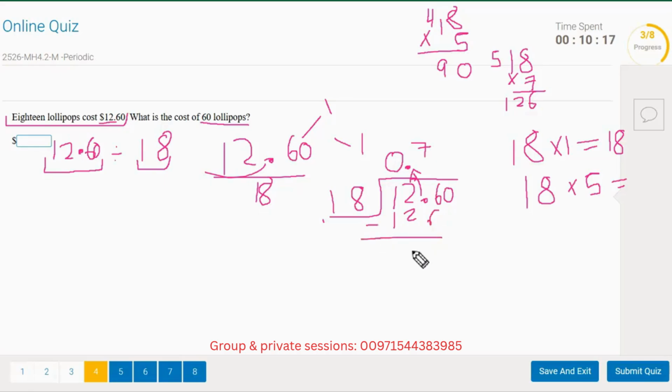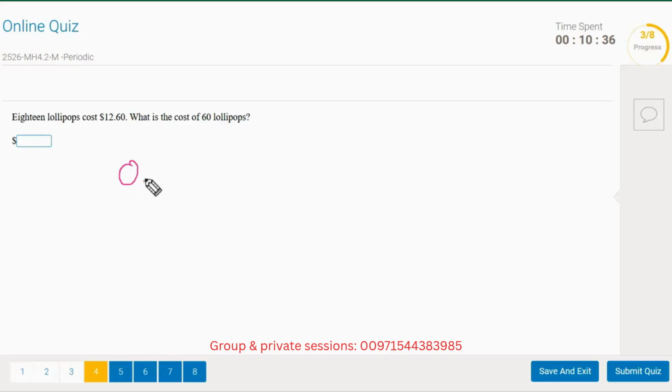And then we subtract. Then we have to bring the 0 down. We know 18 times 0 is 0, right? We put the 0 up and then 0 here. 0.70, now let's write this again. 0.70